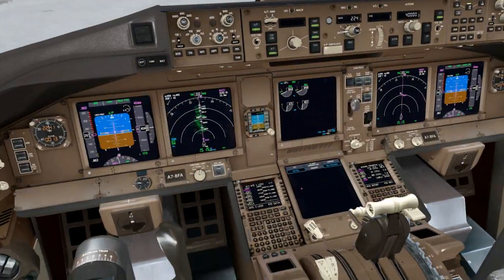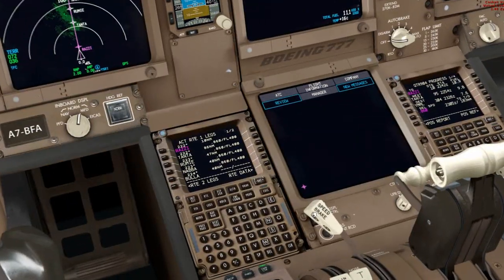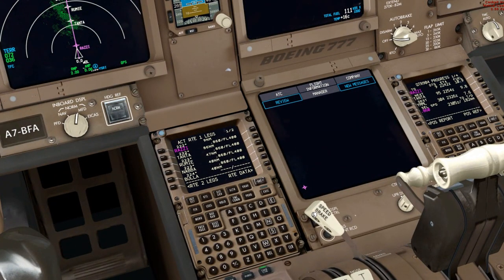Green Air 542. 0.76. So we're burning a bit more fuel. It was at 0.83 when we left. We've gone down to about 0.81 for the takeoff. We're losing about